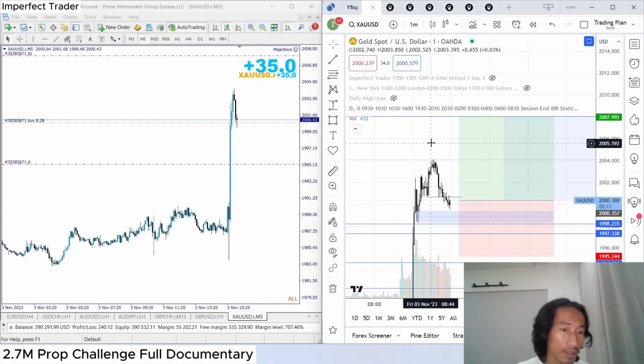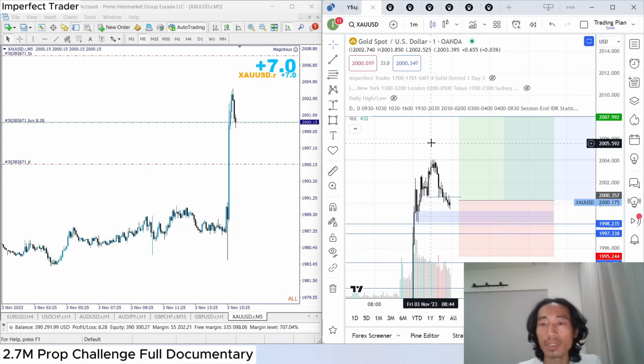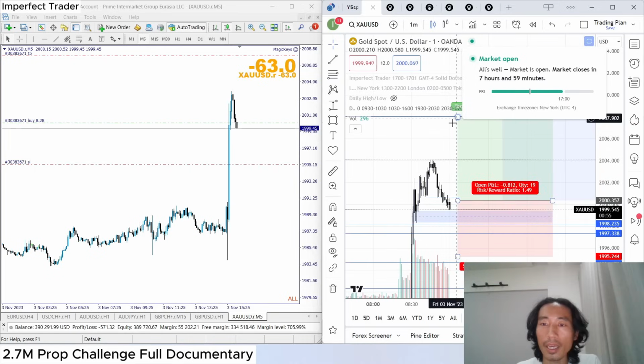Yeah, we are below initial balance, but I will try my best. I always do. So let's see if we can actually get this trade. I'm going to speed things up. You can see the market condition, and yeah,